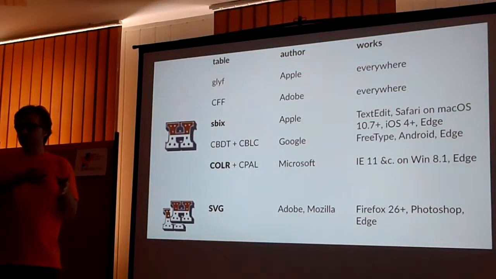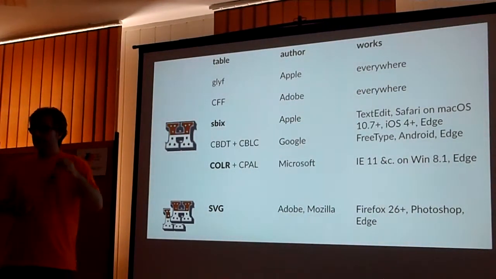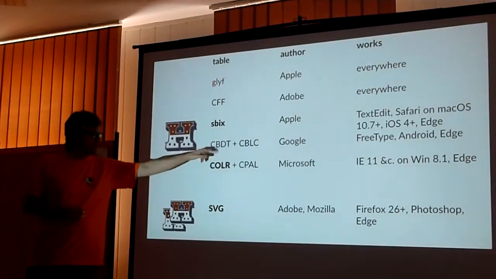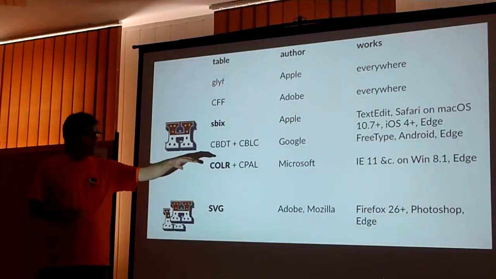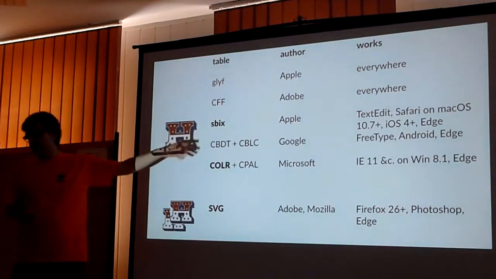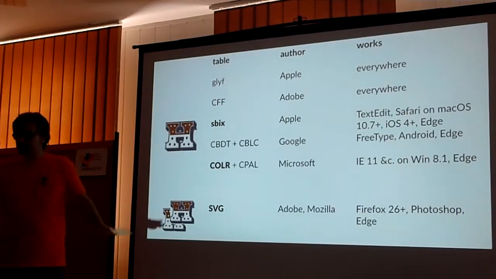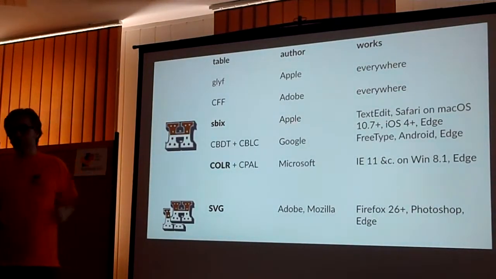a different version, ways to embed bitmaps that already existed in TrueType and OpenType, and added PNG support to it. So CBDT and CBLC, there are two tables. They're also based on PNGs, but stored differently than this SBIX stuff, unfortunately. Microsoft, for Windows 8.1, silently did their own format called COLR and CPAL, where COLR